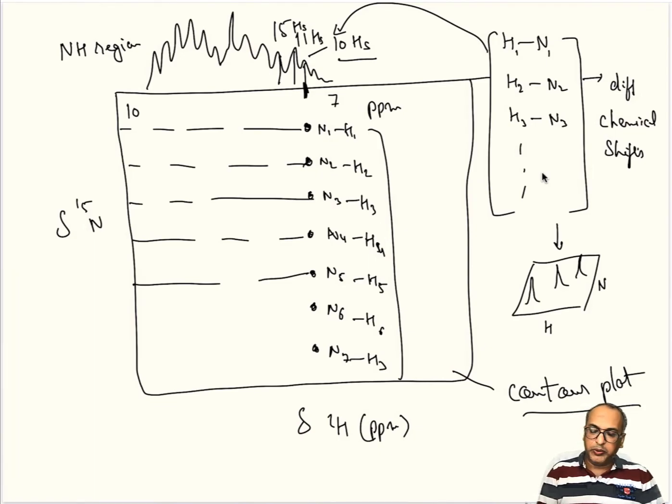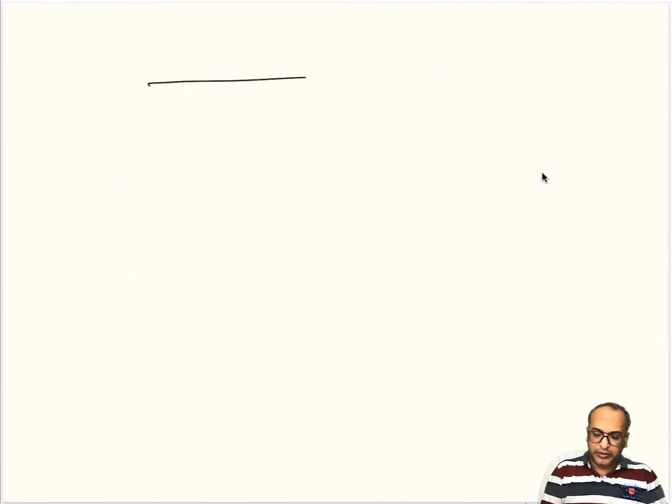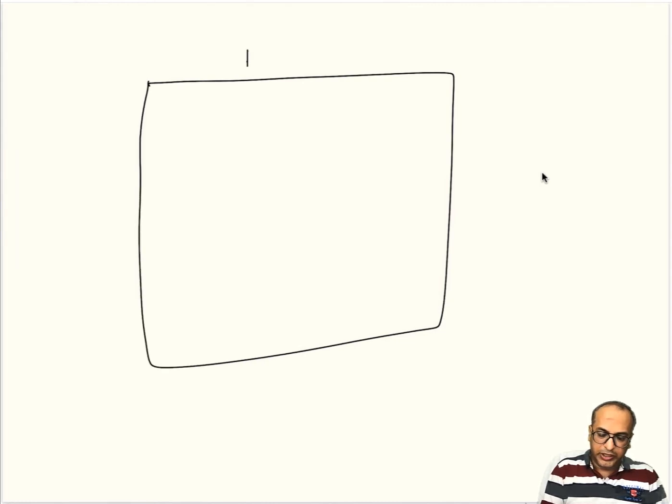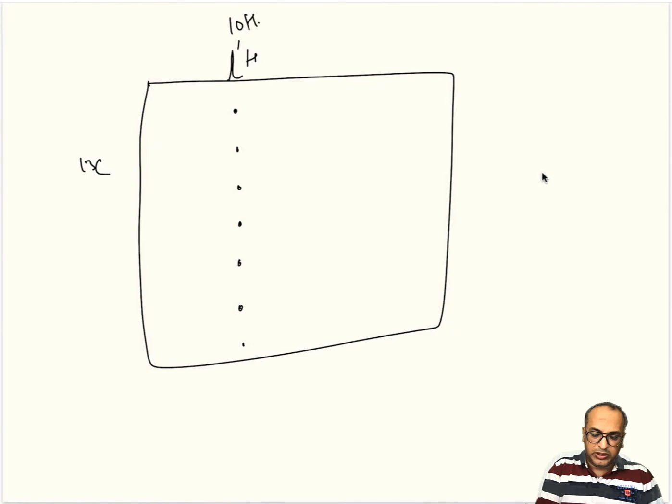A similar experiment one can use if you have this proton. Let's say this proton is connected to a carbon, and you record a proton-carbon correlation spectrum. Then you will have a proton-carbon spectrum, so here it will be proton and this side it will be carbon, and now you will have protons which are resolved into the carbon dimension, right? So if there are 10 hydrogens overlapped onto this signal, each of these lines will get resolved into corresponding carbon lines, right?